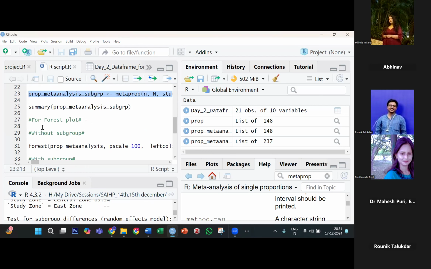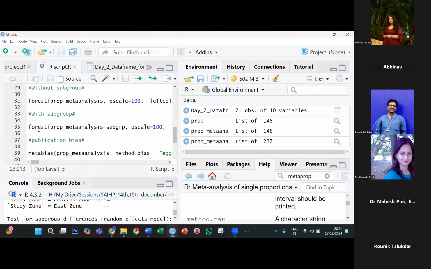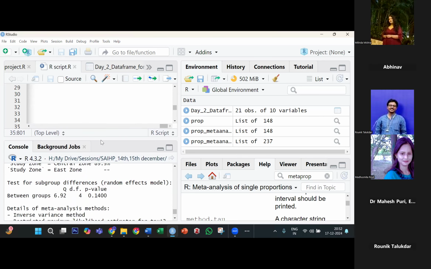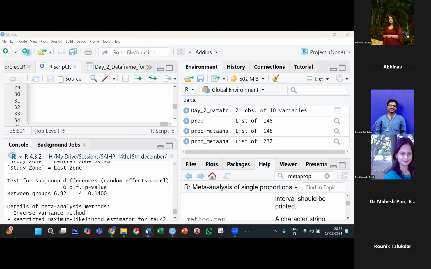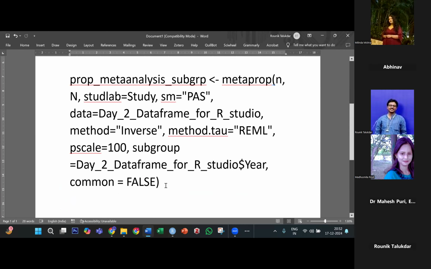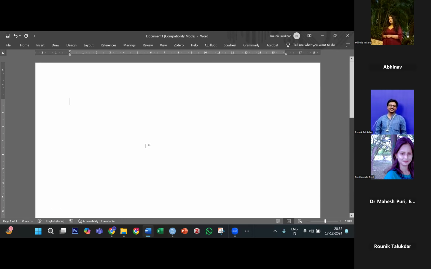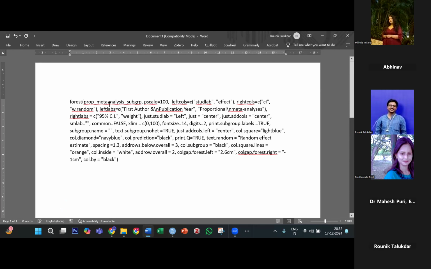तो पहले हम लोग विदाउट सब ग्रुप का फॉरेस्ट प्लॉट बनाएंगे, उसके बाद विद सब ग्रुप। This code is a little long, but ये ज्यादातर whenever you start putting in the code it will give you prompts, तो ये भी कुछ याद करने वाला नहीं है। सो दिस इज द होल कोड।